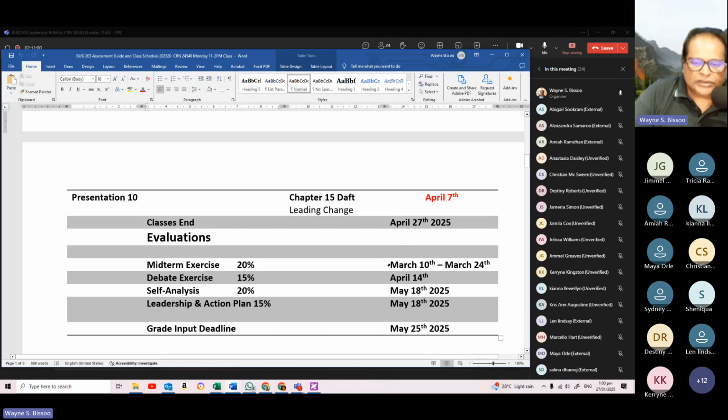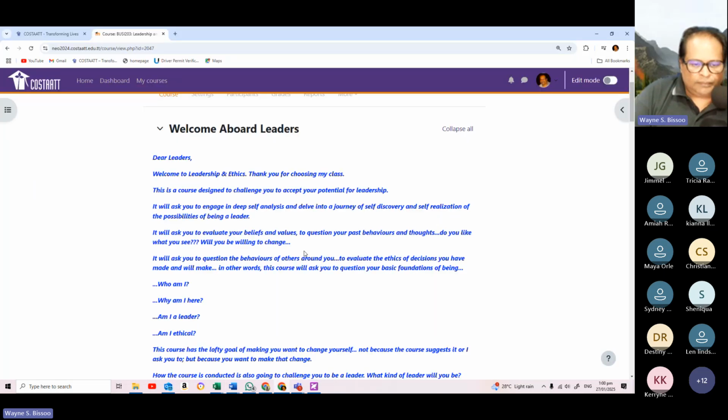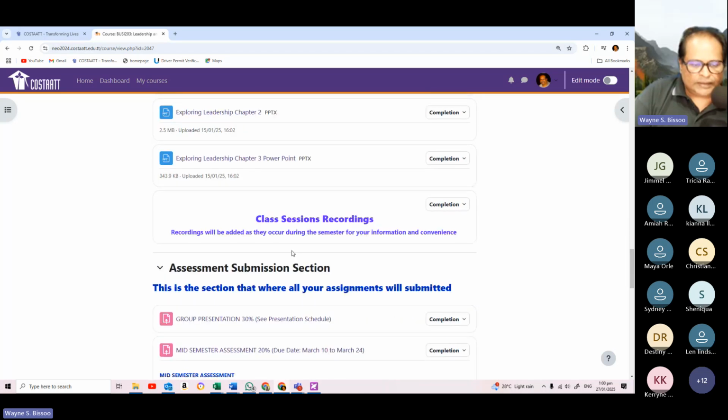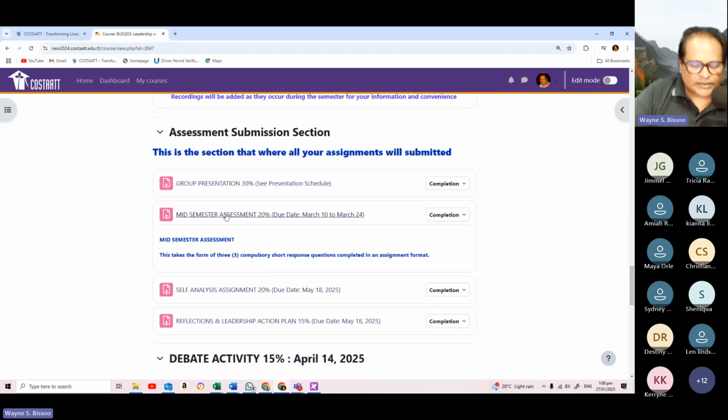So because it's reflective in nature, it means that you're going to require some time. So the paper itself becomes active from March the 10th to March the 24th. So by the 24th of March, you should be completed with that paper and you will upload it into the e-classroom in the spot set aside for that. And that'll be here where you'd put in your mid-semester assignment. You'd have also, prior to this, or well, you would have to upload your group presentation